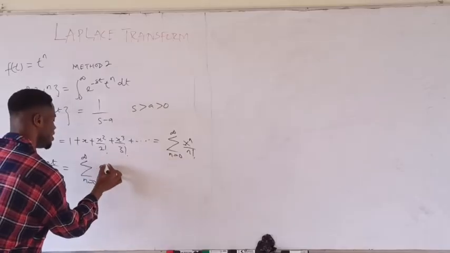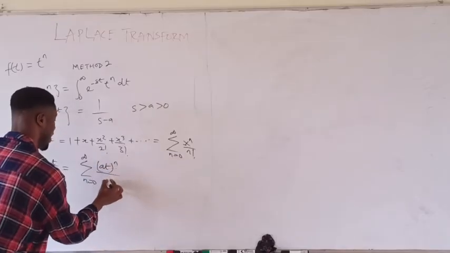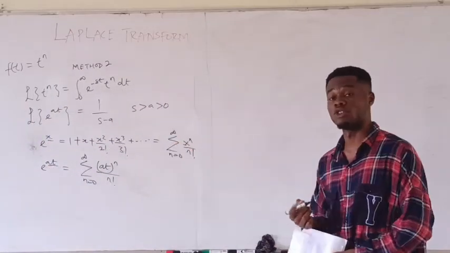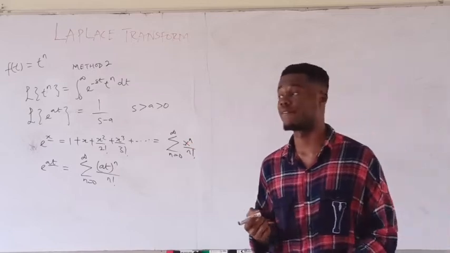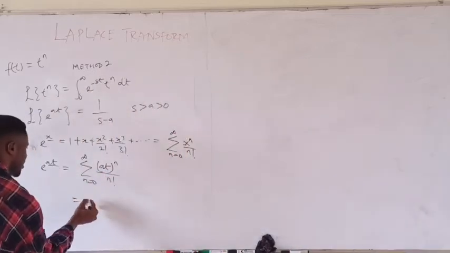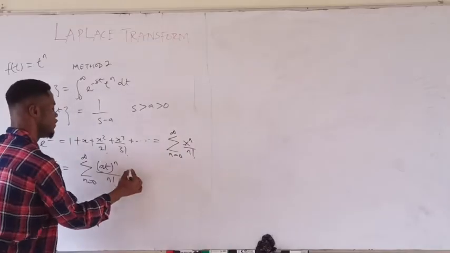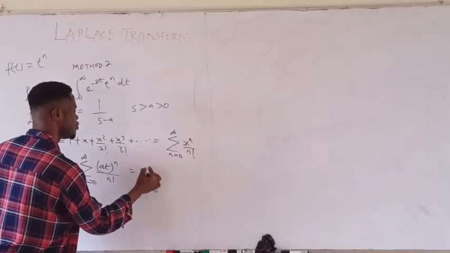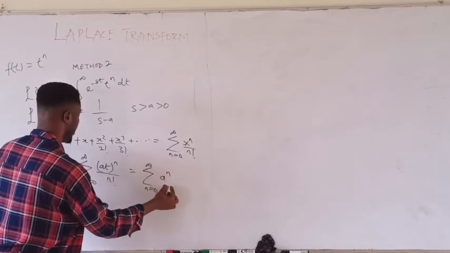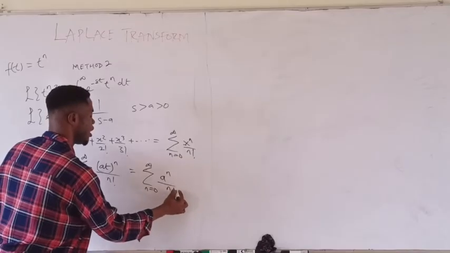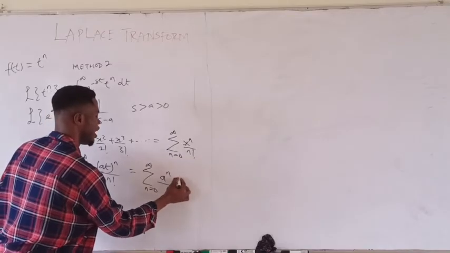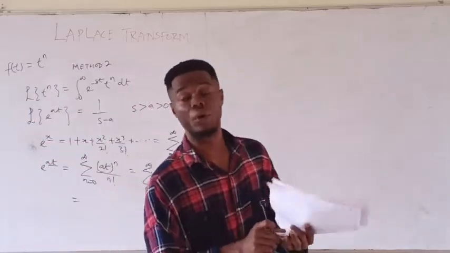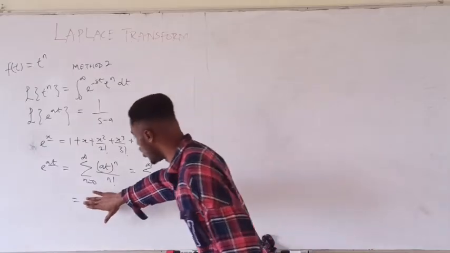Hence, this is going to give me a raised to the power of n divided by n factorial. So this is the value of the function I'm going to have. I can decide to separate this using the law of indices. If I separate this using the law of indices, this is equal to the summation of n equals 0 to infinity of a raised to the power of n over n factorial multiplied by t raised to the power of n. So this is what we have as the value of the